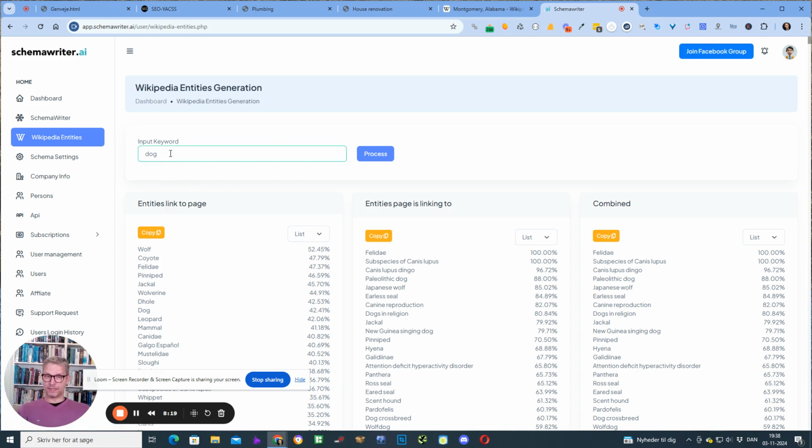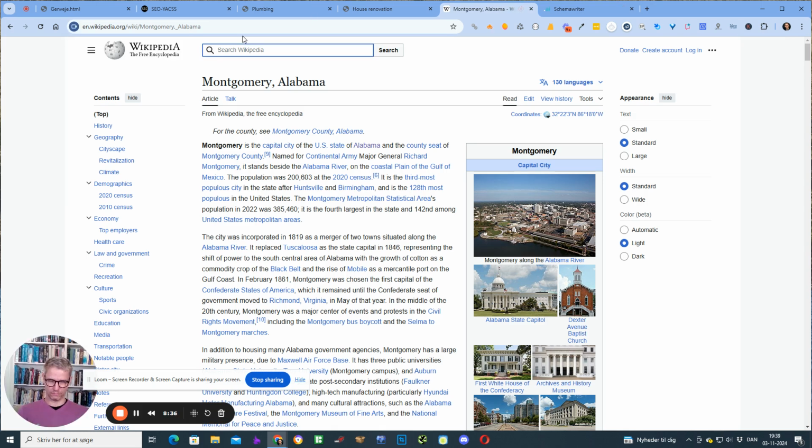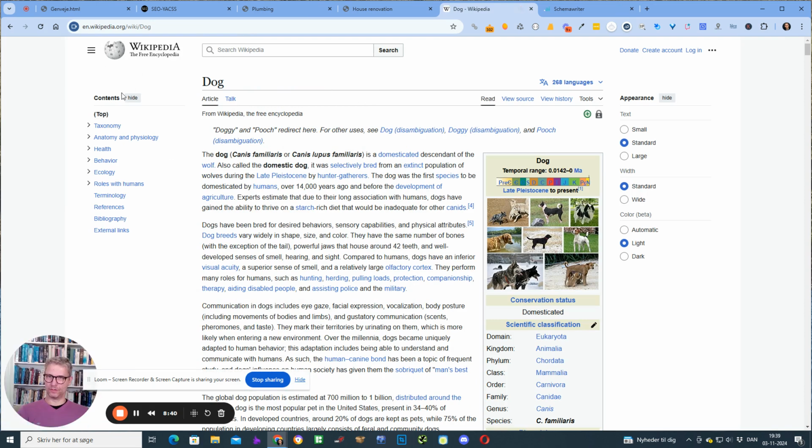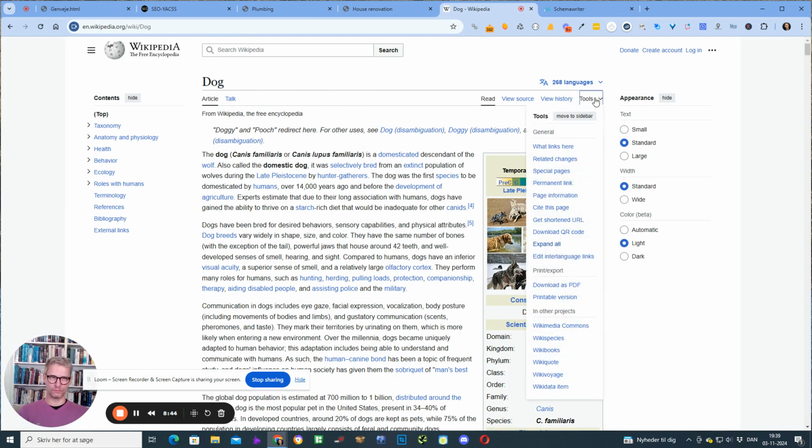it's a connection to the Wikipedia database. So I search for dog, that's the Wikipedia keyword, and then I click process, and it finds all of the entities that are linking to the page dog. So if I go to Wikipedia, this is the dog page, right? If I click up here on tools, and I click on what links here,